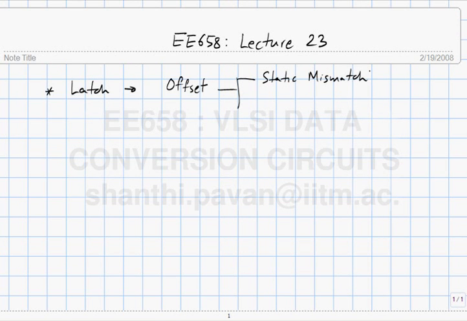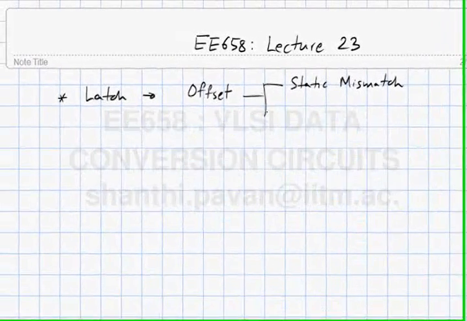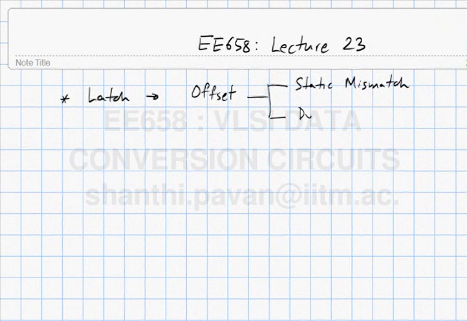So at any rate, this causes a static offset in the latch. Ideally we wanted a threshold of 0. So if the delta V was greater than 0, you want it to fire as a positive value. If the delta V was negative, you would want to fire a logic of 0. With static mismatch, there is an offset which you do not know a priori, and also we saw that there is dynamic mismatch,